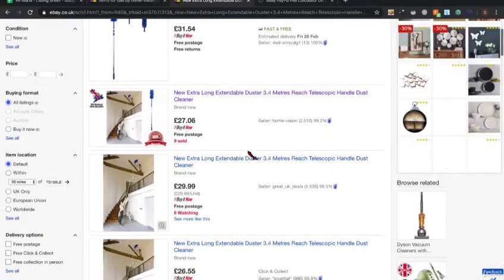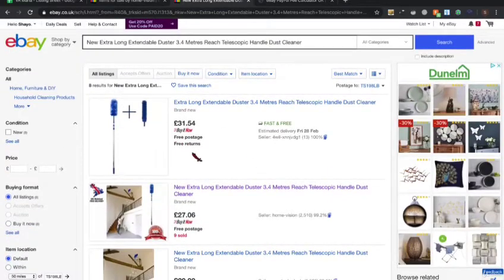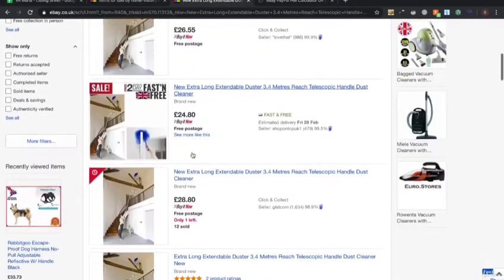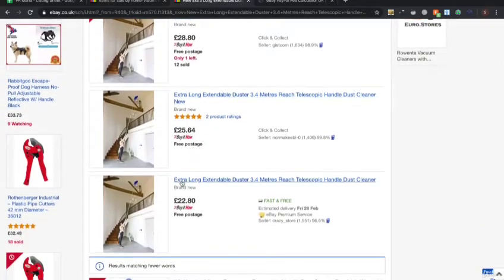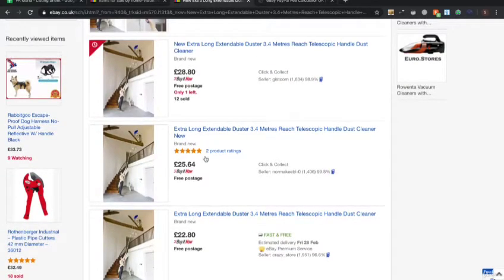So yeah, it has less than 10 results. Great. Who's the cheapest price? I can see 24.80, 22.80. With something like this, you can just tell if someone's selling at 28.80 and someone's selling at 22.80, you can just tell that this person has just destroyed the competition,